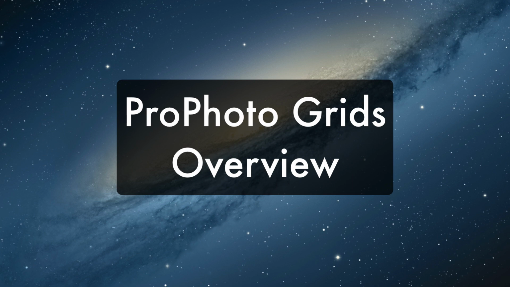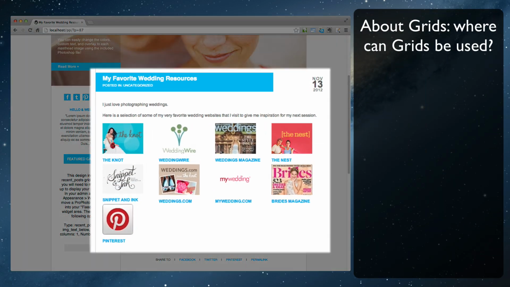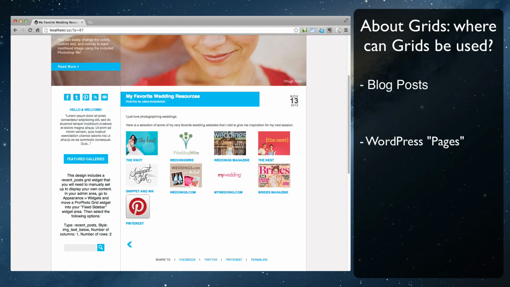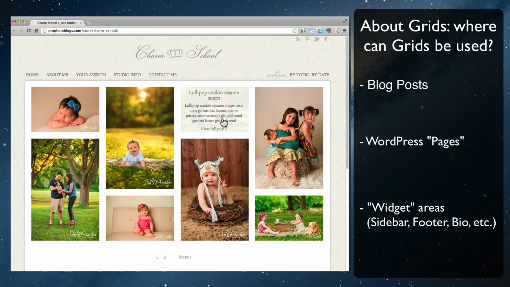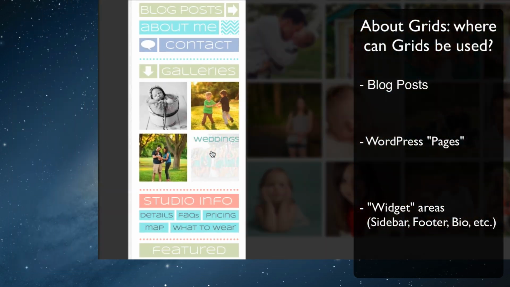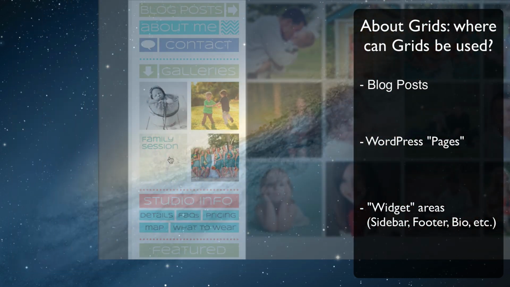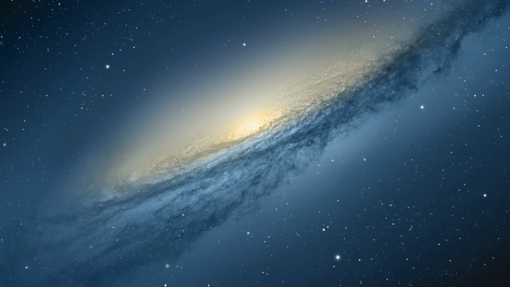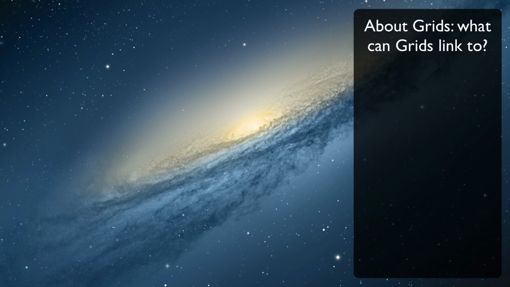ProPhoto Grids make it easy for you to insert an attractive-looking group of image-based links into a blog post, a WordPress page, or any widget area. Different types of grids allow you to show off and link to different types of content, including a group of